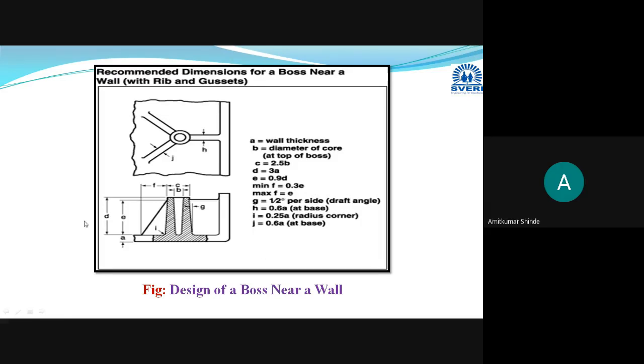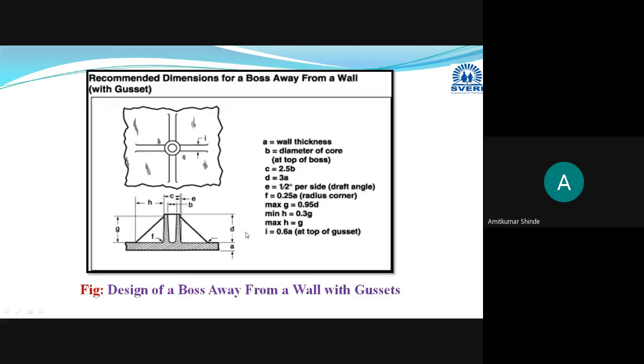You have to follow these instructions while designing a boss near the wall. And whenever you are designing a boss away from the wall, then to provide strengthening of that boss from all four sides, you have to provide the gusset. Okay, gusset or a rib. Generally, gusset is used here. Okay, these gussets are used,